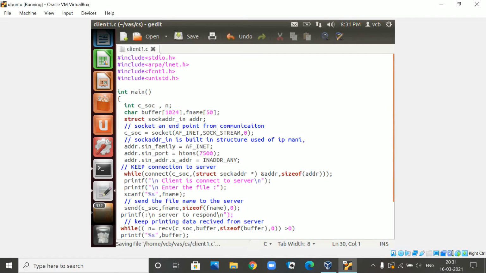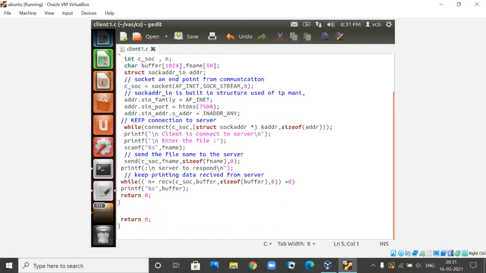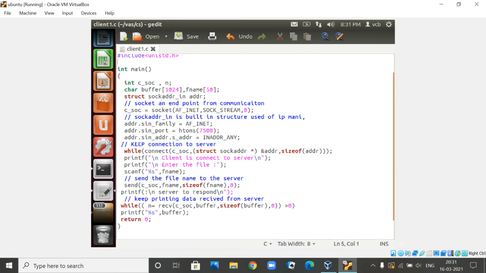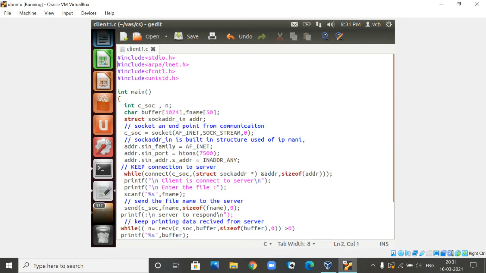So we will save this program. Yes, the program is saved. Now this is your client program. What you have done in this client program is declare the structure socket address, ADDR, and create a socket of family AF_INET, socket stream, that is, TCP you are using. Then for this socket address, you define the three things: family, port and address. Then you connect to the socket. So you are going to connect to the server.